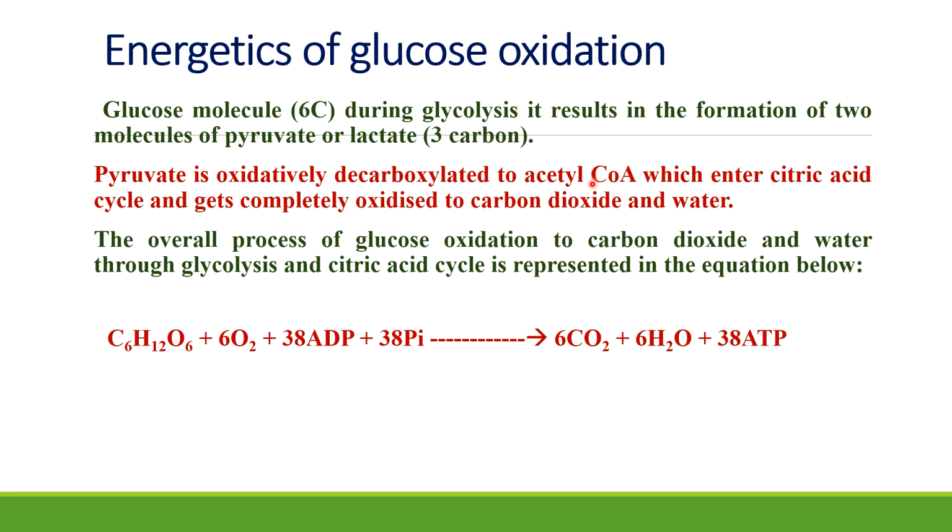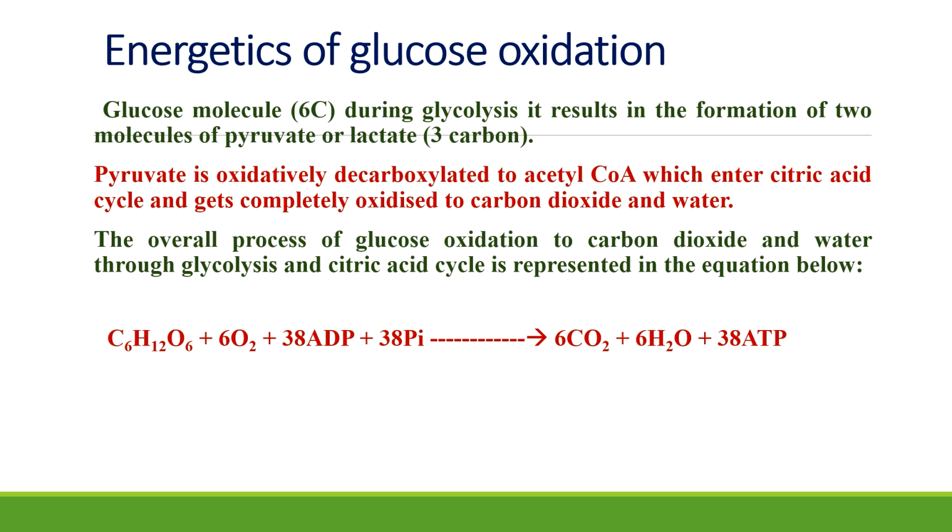So this alone enters the citric acid cycle, a 2-carbon molecule which is completely oxidized to carbon dioxide by the end of this cycle. The overall process of glucose oxidation to carbon dioxide and water through glycolysis and citric acid cycle is represented in this equation. You can see C6H12O6 plus 6 oxygen molecules in the presence of 38 ADP and 38 inorganic phosphate. All these 38 ADP are phosphorylated to form 38 ATP molecules,